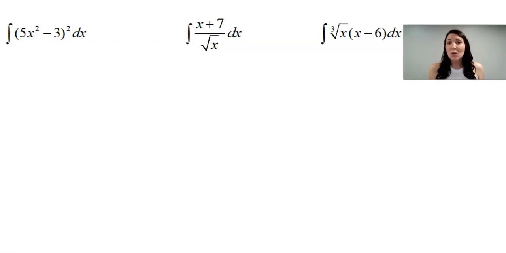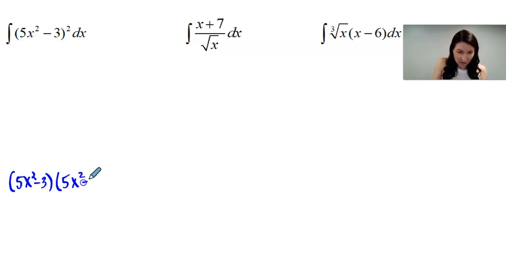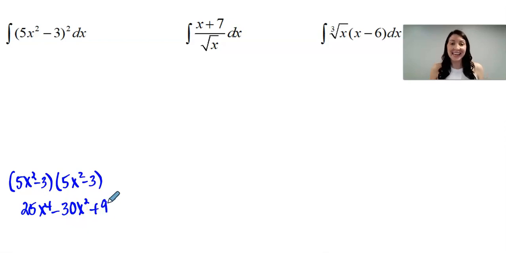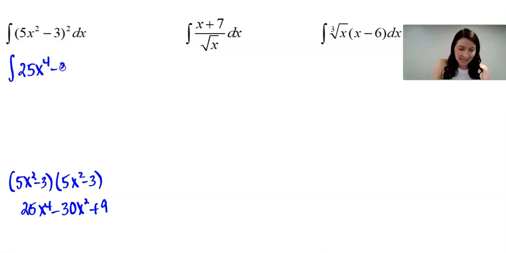So instead, what I would do is I would write out that binomial twice and multiply. So off to the side, I'm going to multiply 5x squared minus 3 times 5x squared minus 3. And when I multiply those, I get 25x to the fourth minus 30x squared plus 9. So I'm going to come back up here to the indefinite integral, and I am finding the integral of 25x to the fourth minus 30x squared plus 9